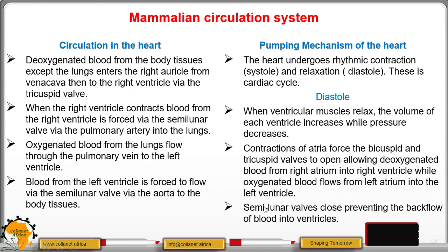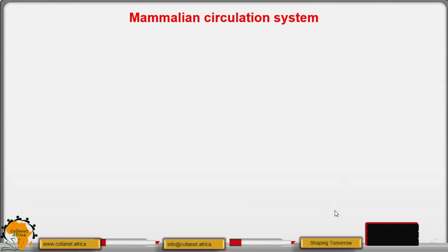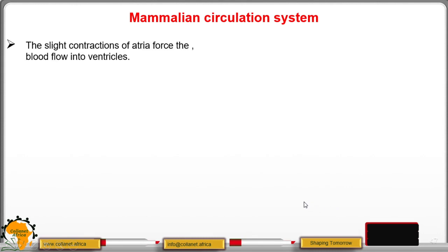Semilunar valves close, therefore preventing the backflow of blood into their tissues. The slight contractions of the auricle force the blood into the ventricles. We move to systole,